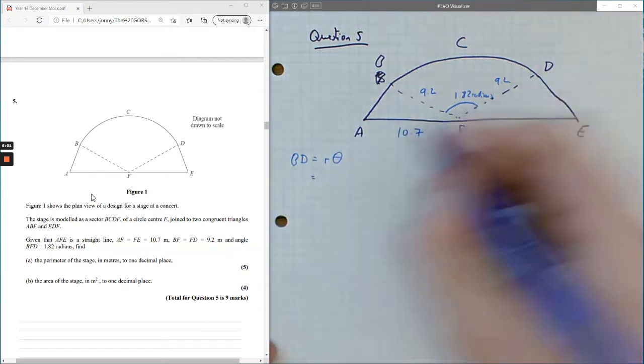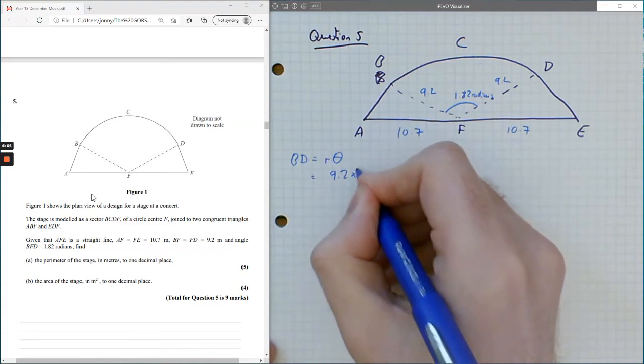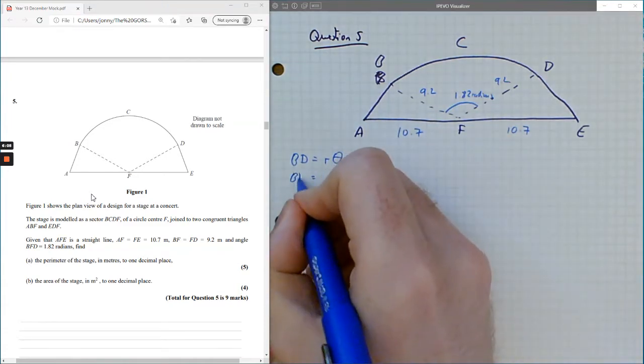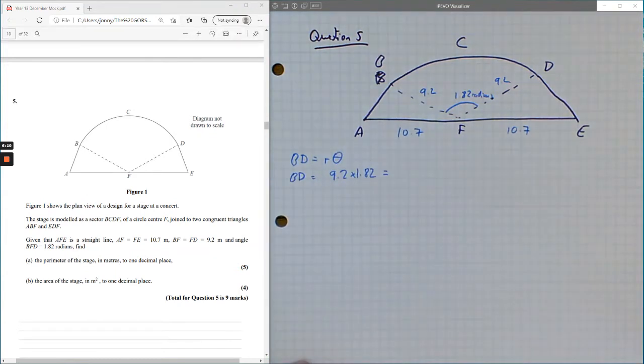So r being the radius, which in this case would be 9.2, and theta being the angle, which is 1.82. So that's going to give us